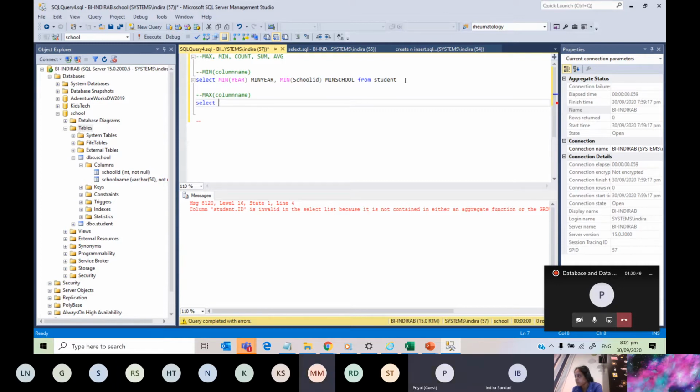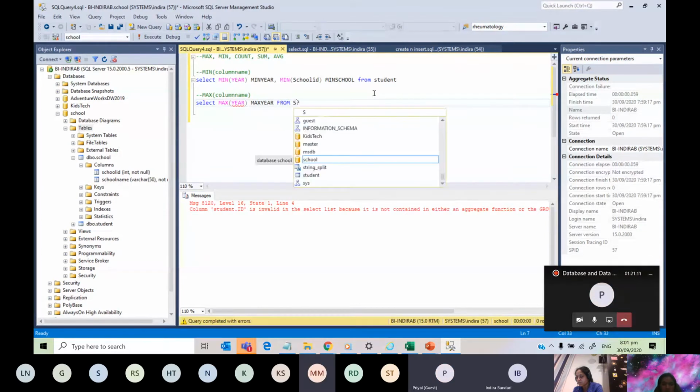MAX and then year in brackets, followed by a space, and we have to give a name, right? Max year. After that, from student.